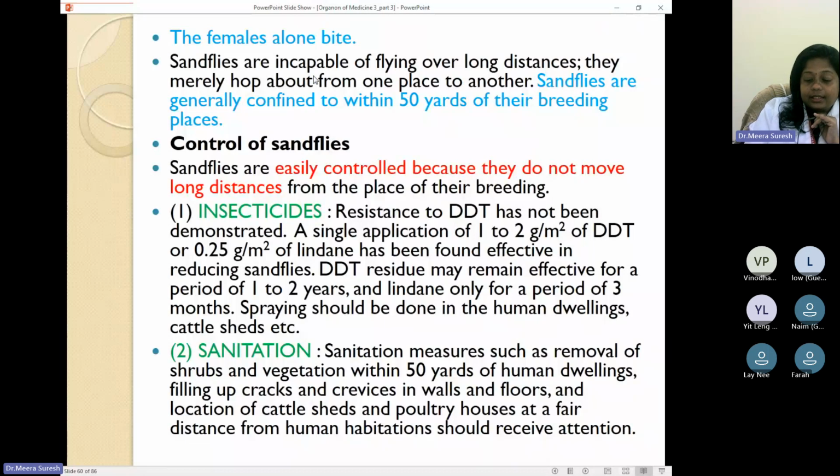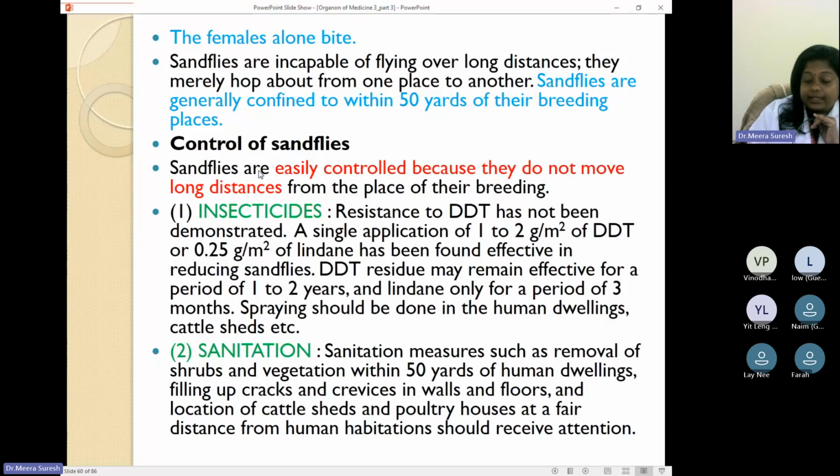So, we see that the sandflies can only hop and hop on movements, not flying for a longer distance. Maximum they will be seen is 50 yards, which is a very short distance, in or around the breeding place itself. If we are able to spot their presence, then destruction of the breeding place is very easy. And once it is done, we can control the disease very effectively,